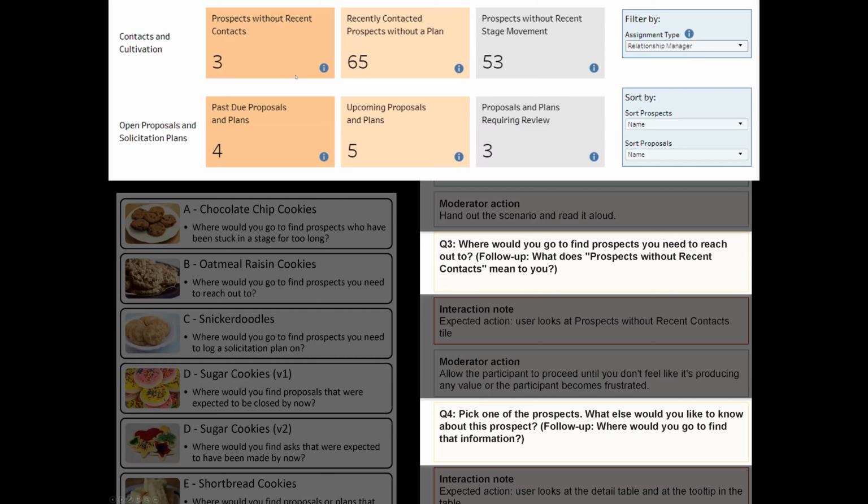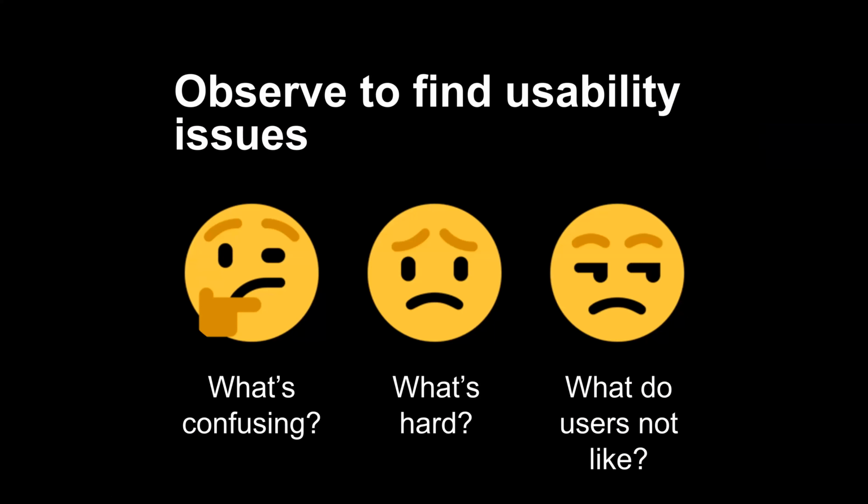So again, we're not telling the user how to do anything. That's training. What we're doing is seeing how intuitive it is for them to go from a question to finding an answer or a series of answers, and achieve their goal, which in this context is finding the answer. So in usability testing, we would repeat each scenario with 5 users, and we learn a lot of things. We learned what's confusing, what did we think was straightforward that maybe isn't so straightforward? What's hard? What did we think was easy but didn't turn out to be easy?